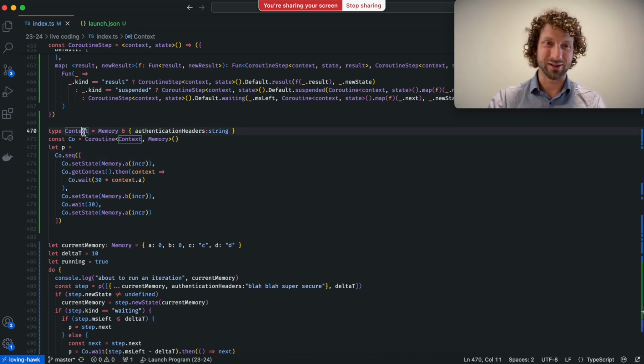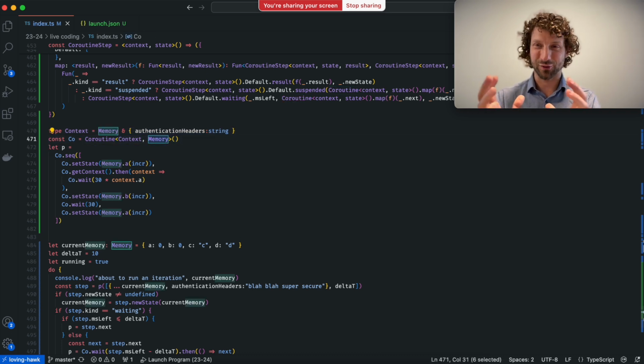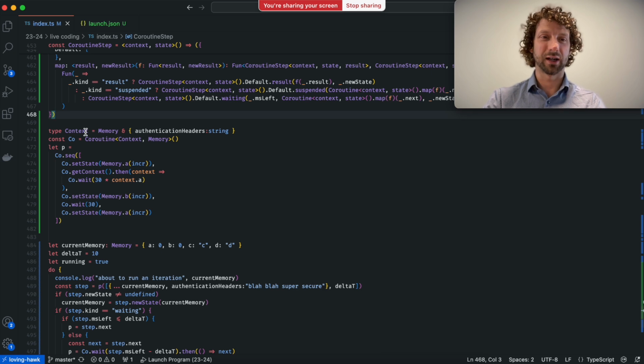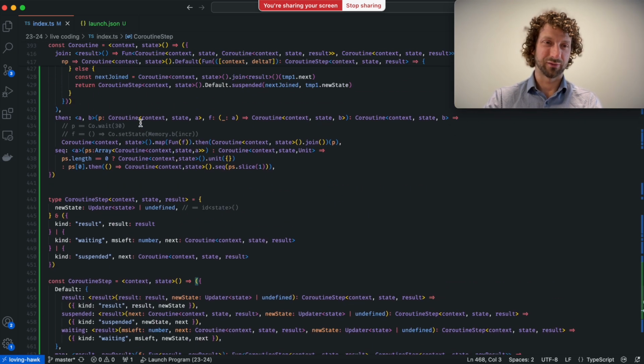So you could say that this is actually the state because it has more things, but we define a coroutine that can only write on a scope, a specialized subset of the whole state, so that not every coroutine gets to read and write to the whole state, because otherwise things get very, very messy. So we have this,